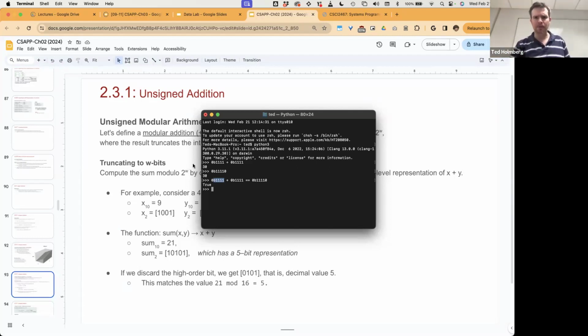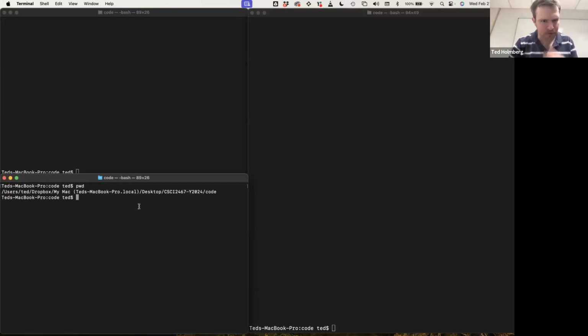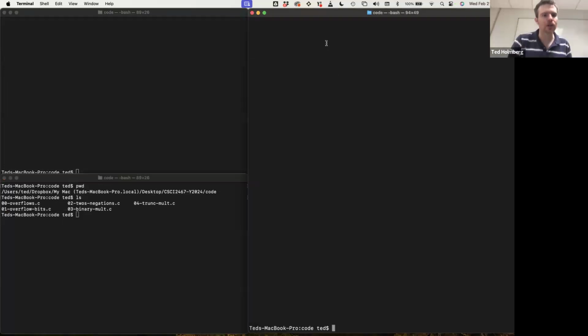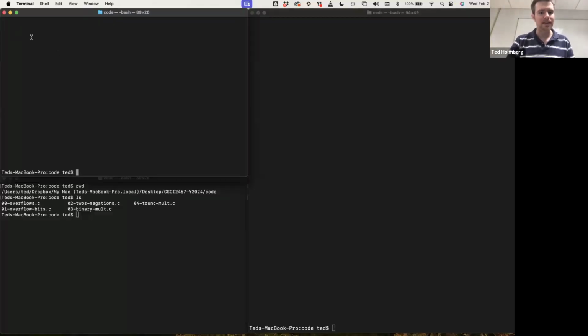I think I even have a code example of this. Let's take a look at it. Let's see here. Let's clear this. What do I have here? No, ls. Okay, let's take a look at this. Overflow. Oh, we didn't talk about overflows. I guess we are talking about overflows, yes. Yeah, this is exactly what we're talking about. Okay, it's GCC 01 overflow with bits